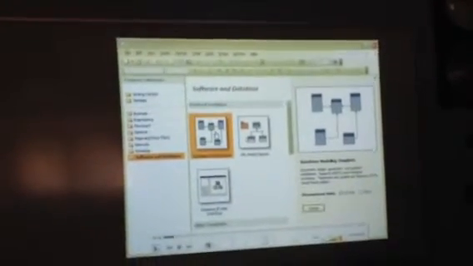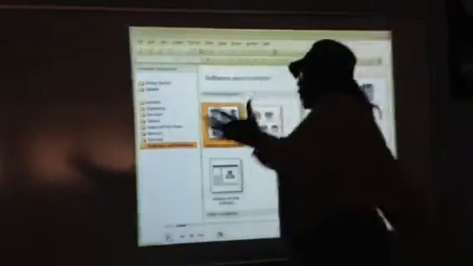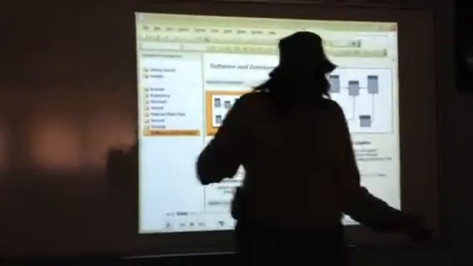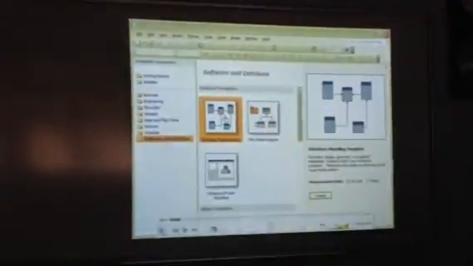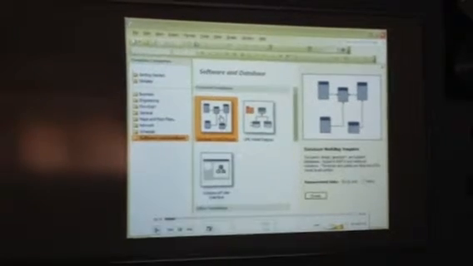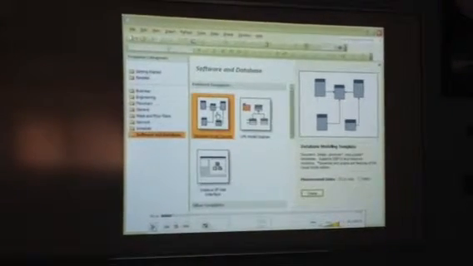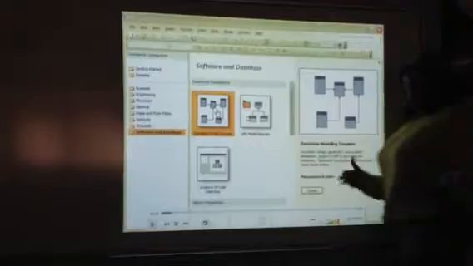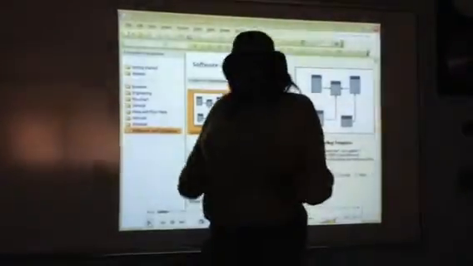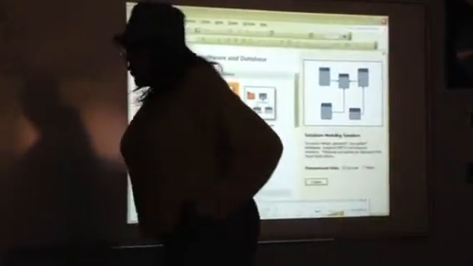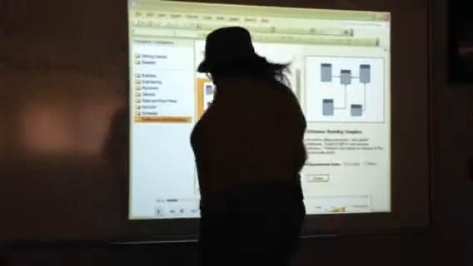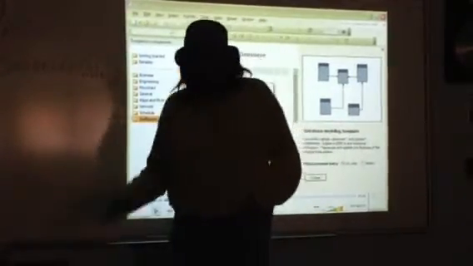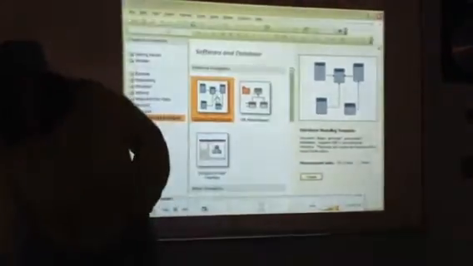I love Visio. Why do I love it? I love Visio for a number of reasons. I use Visio for network topologies. I use Visio for management flowcharts. I use Visio for the ERDs. What else do I use Visio for? Mind charts. Visio is one of the best kept secrets of the Microsoft Office suite,